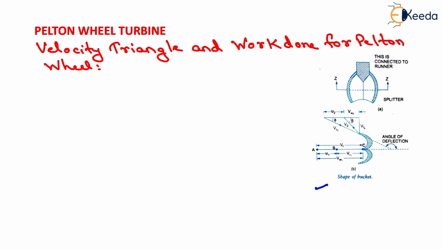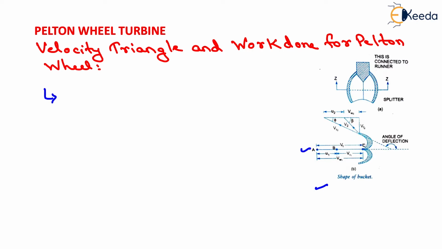Now this figure shows the shape of the vanes or buckets of the Pelton wheel. The jet of water from the nozzle strikes the bucket at the splitter, which splits up the jet into two parts, which we had discussed earlier. These parts of the jet glide over the inner surface and come out at the outer edge. Now this figure shows the section of the bucket at ZZ section. The splitter is the inlet tip and the outer edge of the bucket is the outlet tip of the bucket.